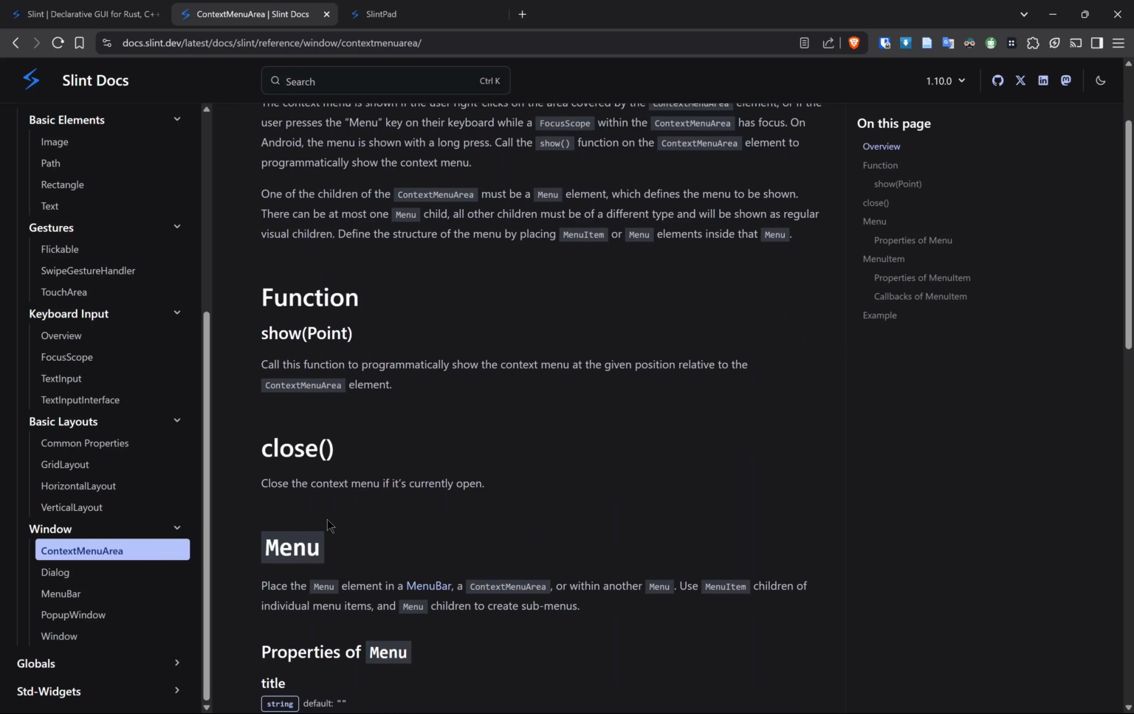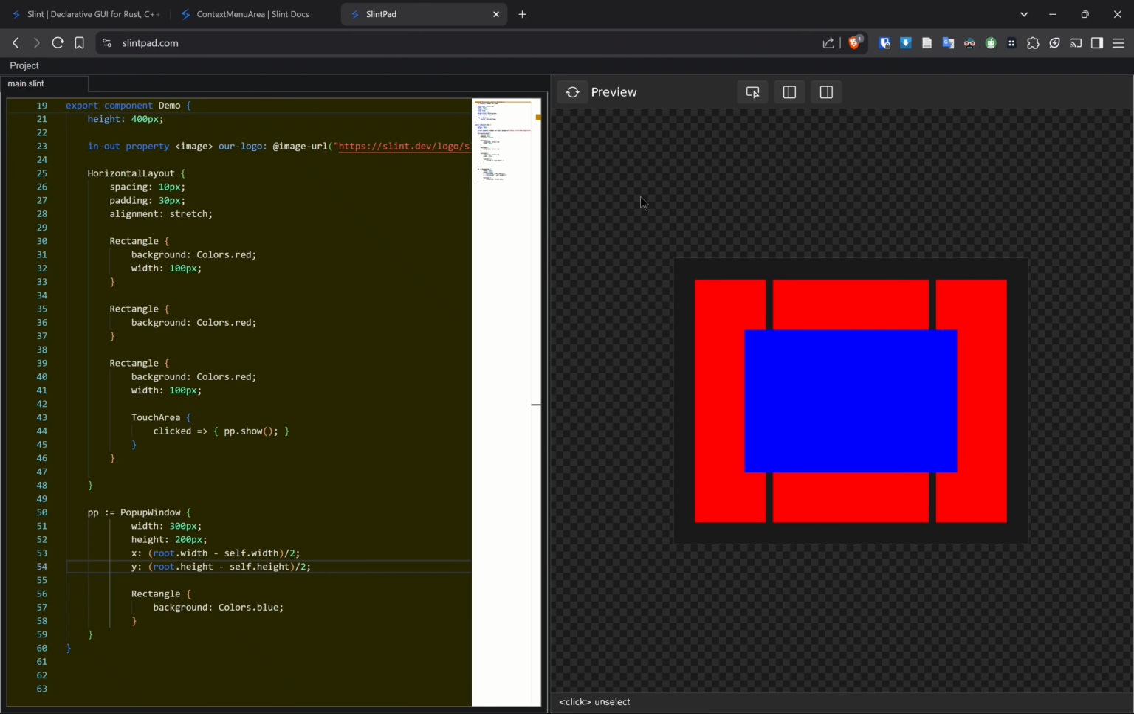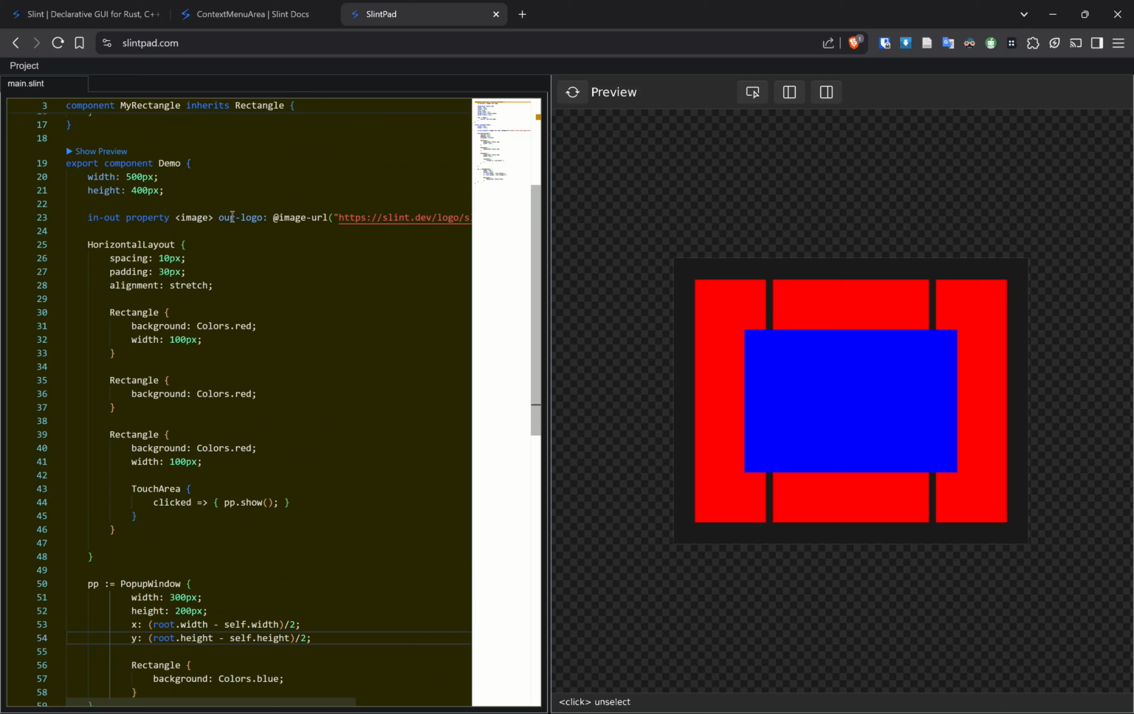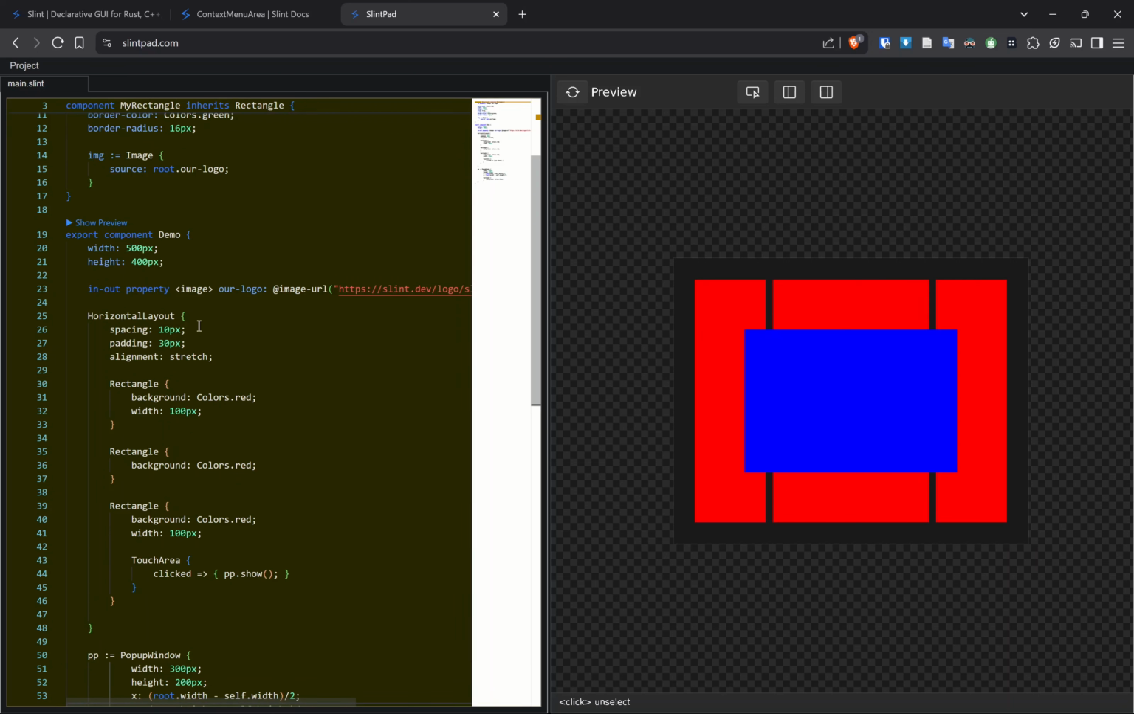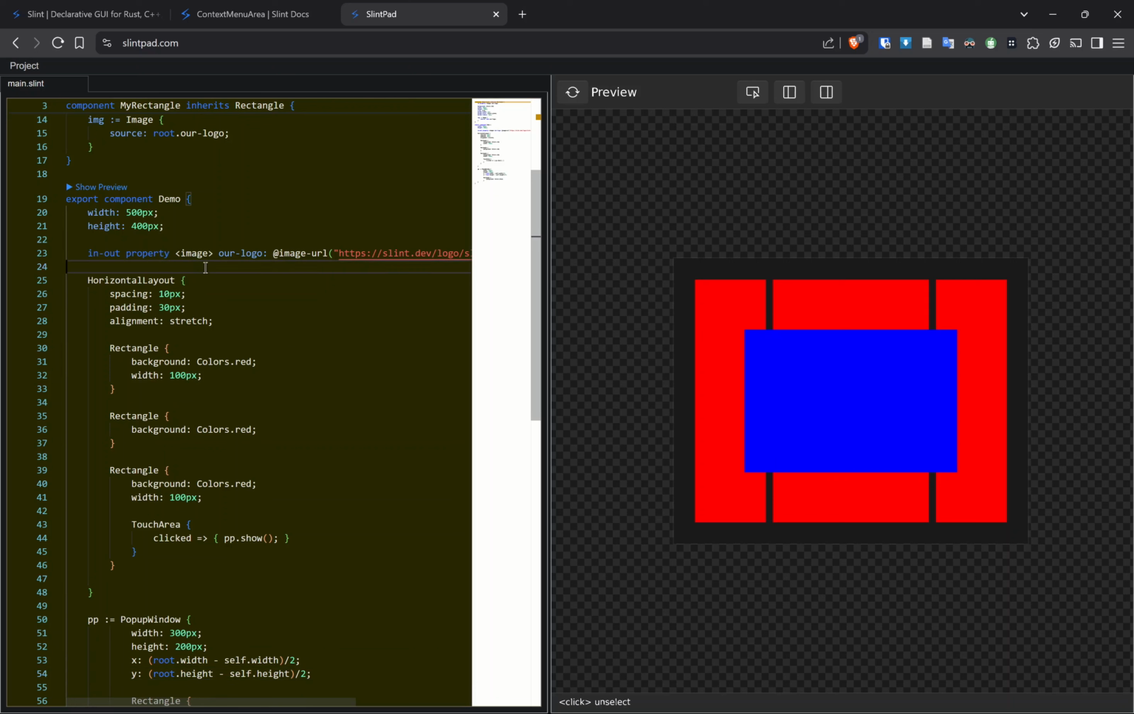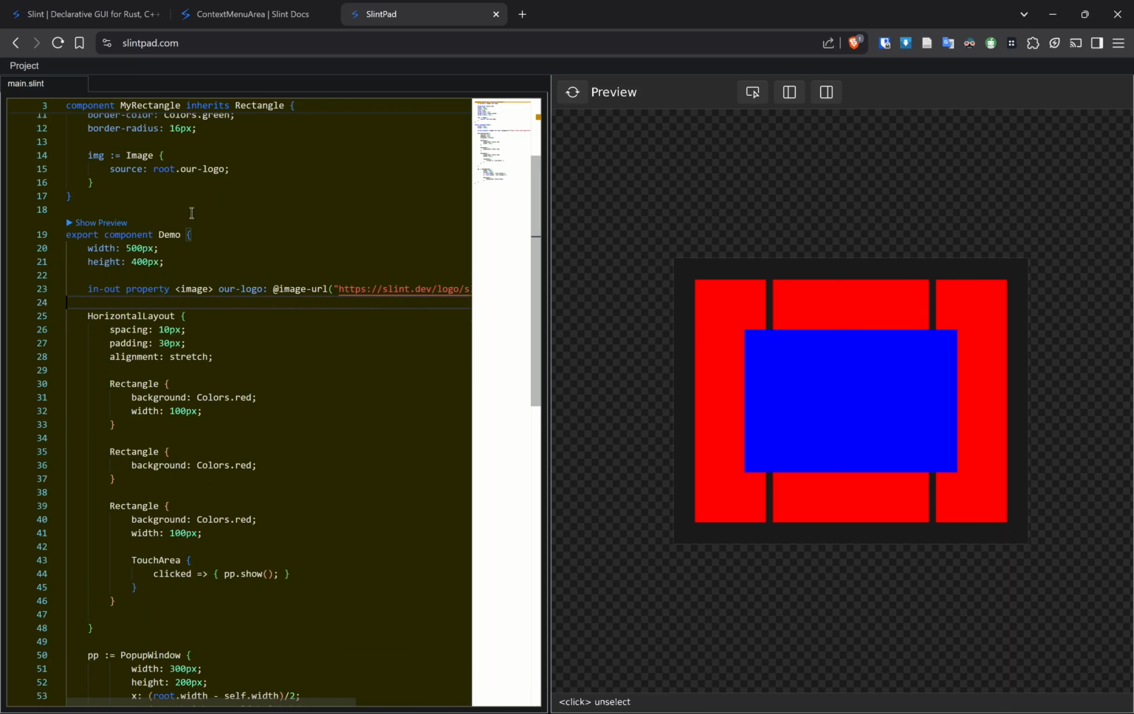So lastly, something I've not talked about is something called callbacks. And callbacks are different from properties. So properties and callbacks are a bit different. How you can think of callbacks is, if I need to propagate